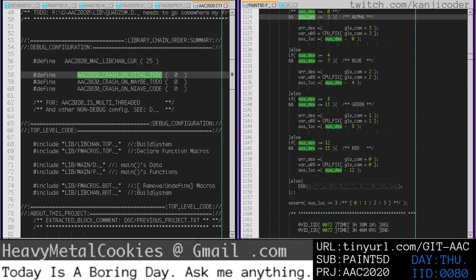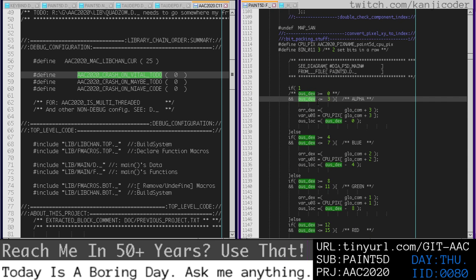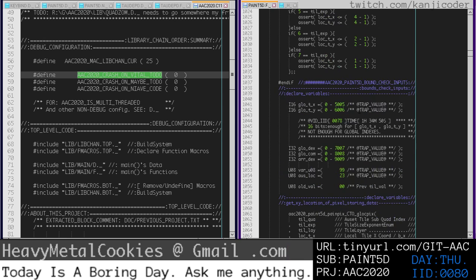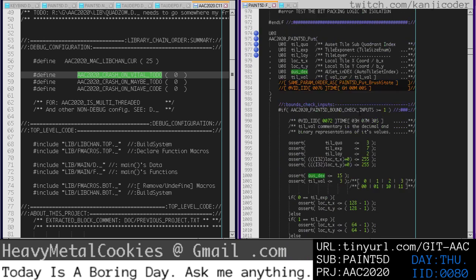I guess every variable that's involved in this calculation, right? Even the offset index is kind of involved in this calculation, right? So what we really need is kind of a